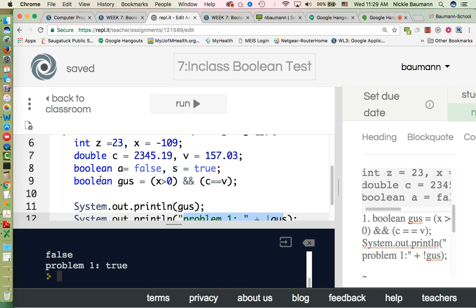So it's going to go back up to the Boolean Gus and say, hey, what is the value of Gus? So it's going to look at this part right here. It's going to say, hey, is X greater than 0? No. And is C equivalent to V? No. So the whole statement that I highlighted in blue right here is false,